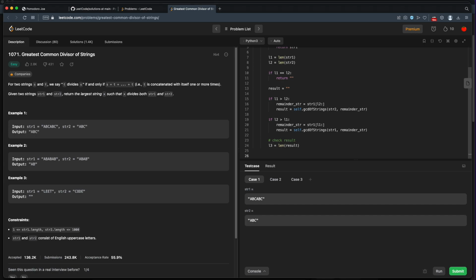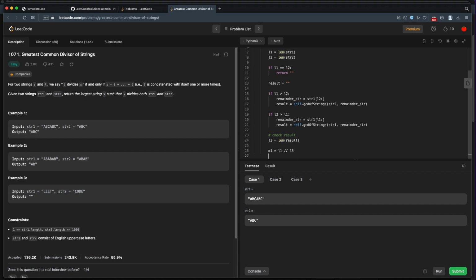And so there's some number of result elements that we need to build up string 1 and string 2. Well, so that's going to be some multiplier. So we'll call this the multiplier for string 1. And that's going to be equal to the length of string 1 divided by the length of our result. And then we can just double check here. So if our result times M1 is equal to string 1,